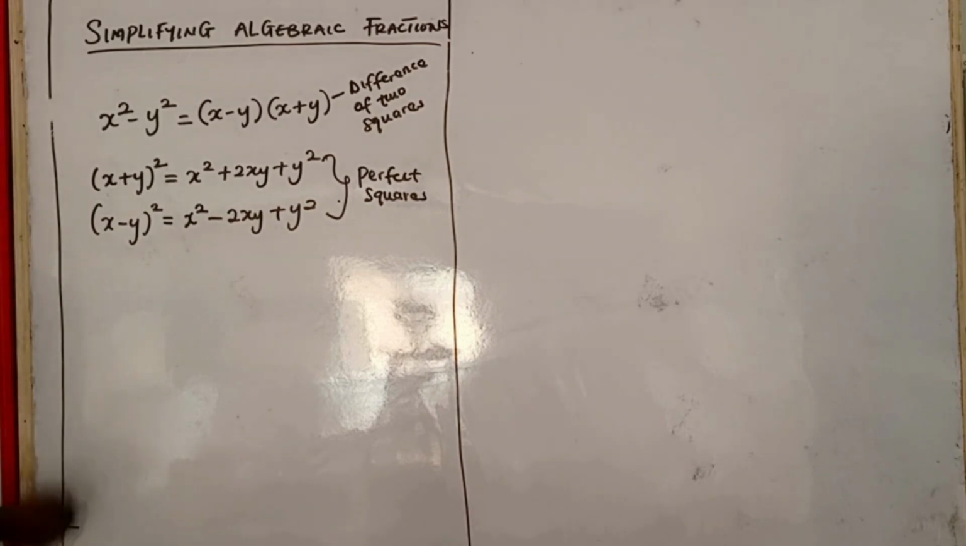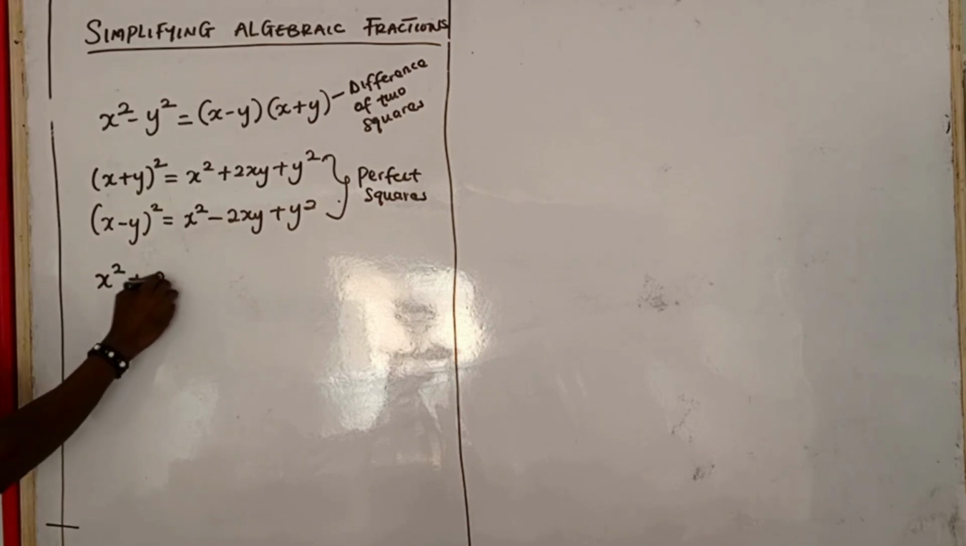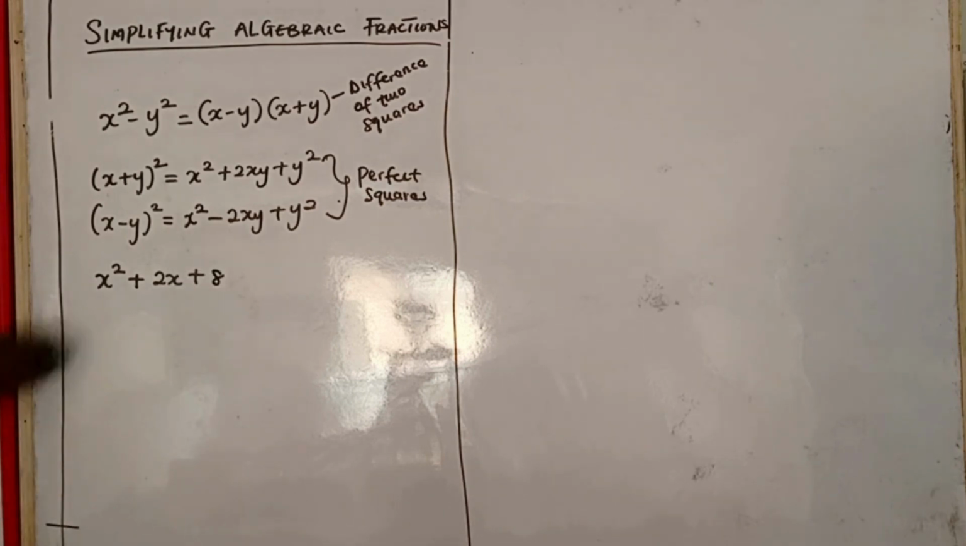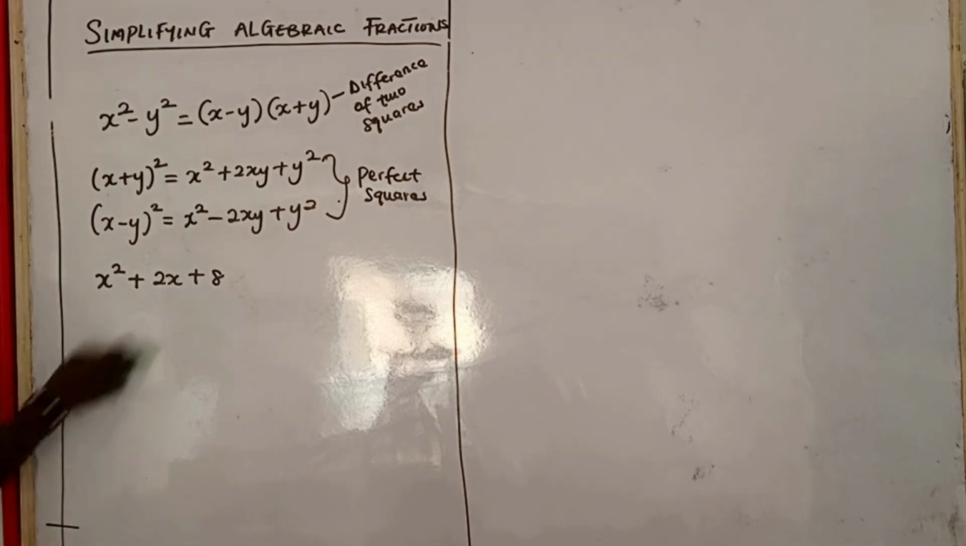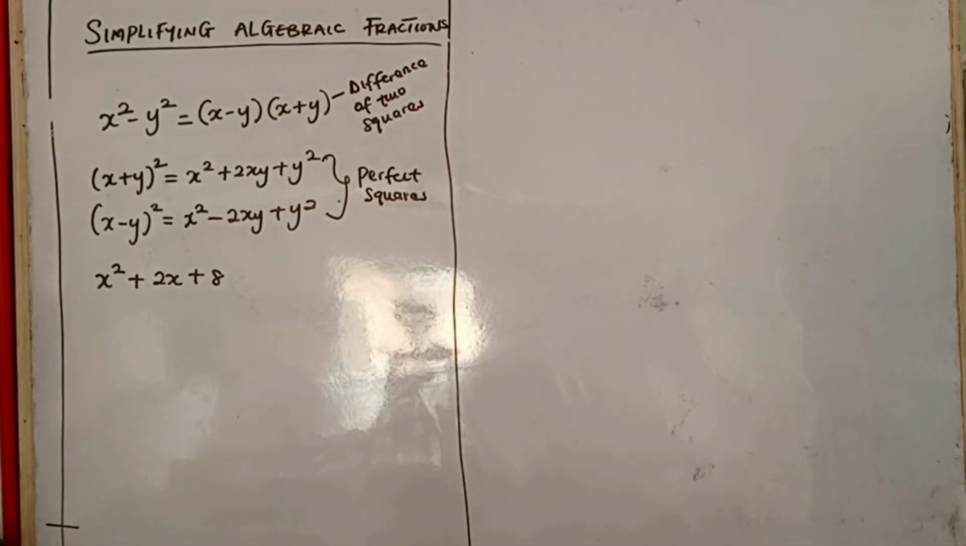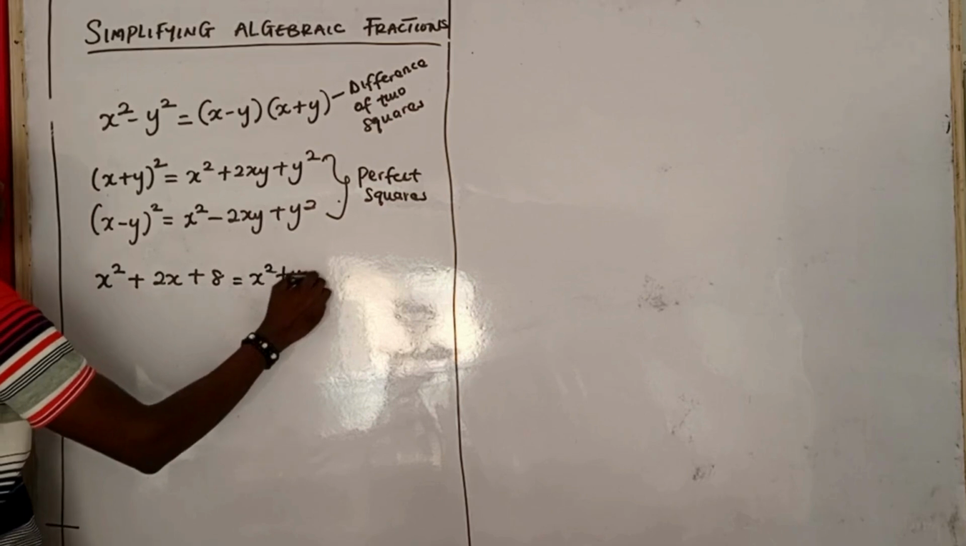Then another procedure that you may also need to help you to solve your question is when you come across a quadratic expression. Let's take for instance, let's say I have x squared plus 2x plus, let's say, 8. Now this is a quadratic expression. For you to be able to continue with this, you have to factorize this. And if you have to factorize this, you are going to have it as x squared plus 4x minus